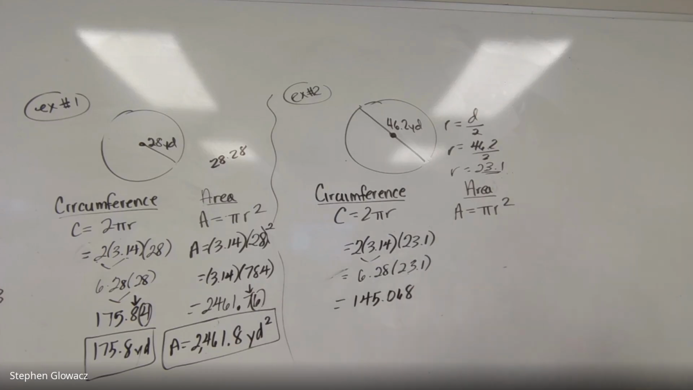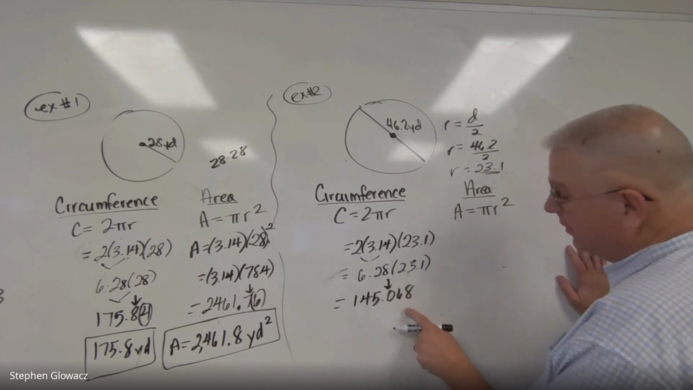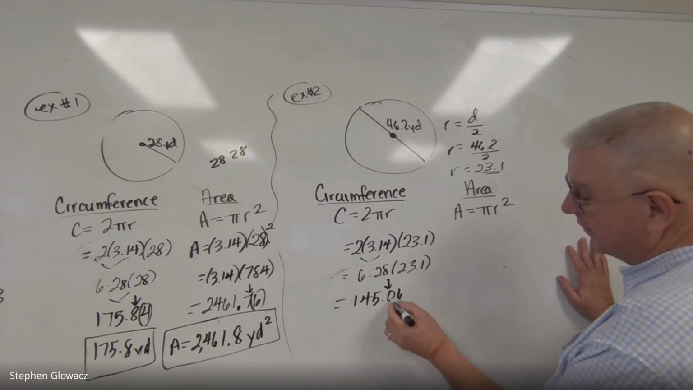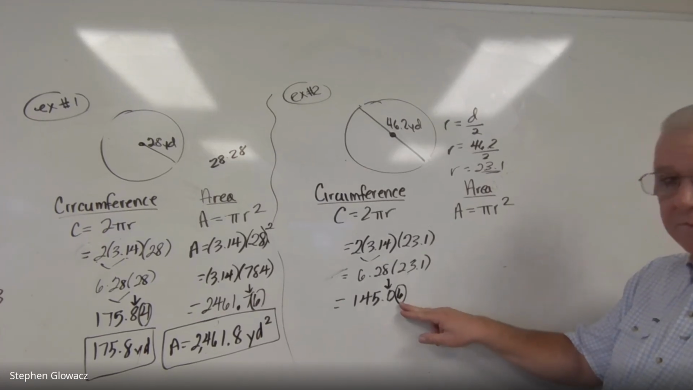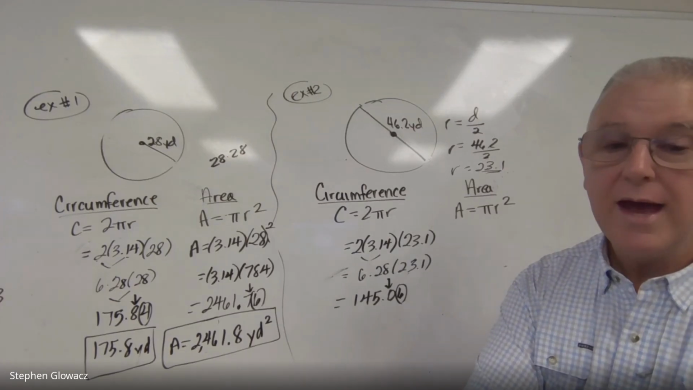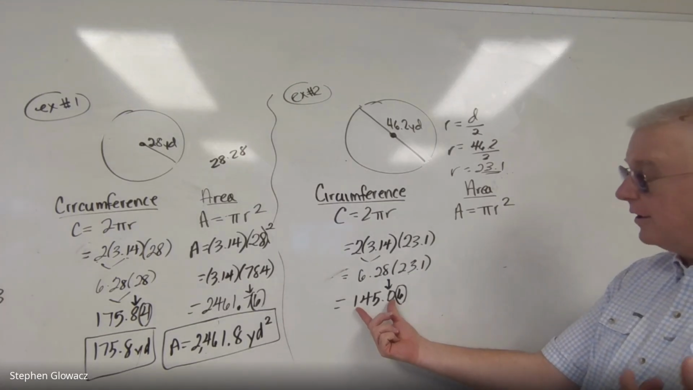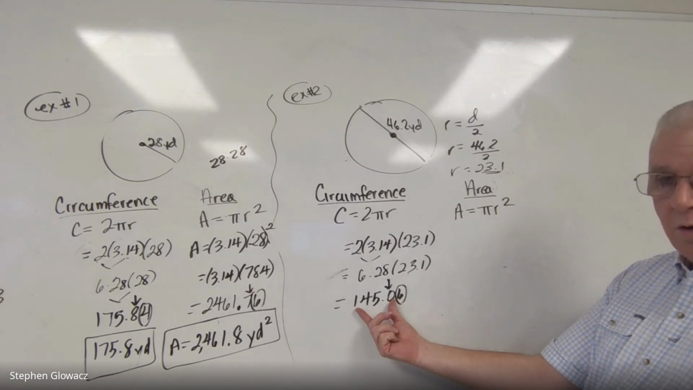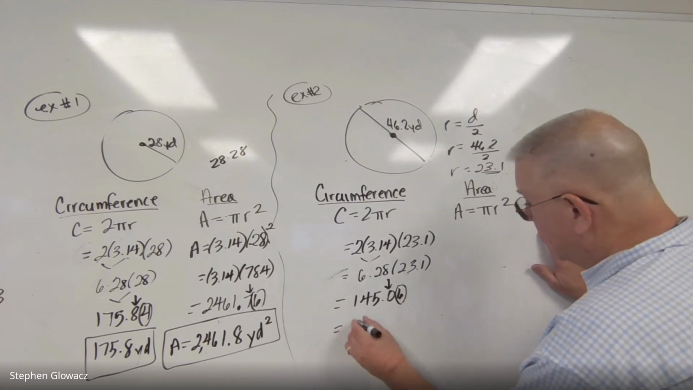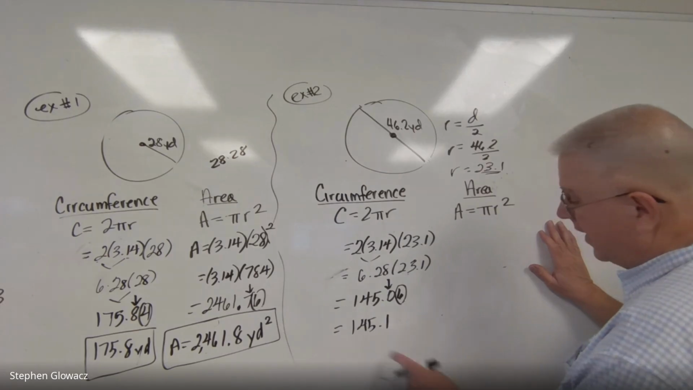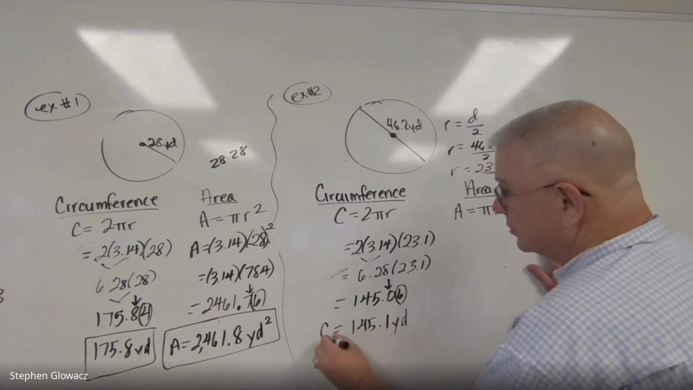145.068. And once again, they want us to round to the nearest tenth. Actually, we don't even need the 8, so let's get rid of it, because we only need the next number after the place where we're rounding. The next number is a 6. Remember, 6 is a go-up number. So the options here are to stay 145.0 or go up to 145.1. Again, 6 is a go-up number, so we're going to go up to 145.1. Once again, our unit is yards, so our circumference here,